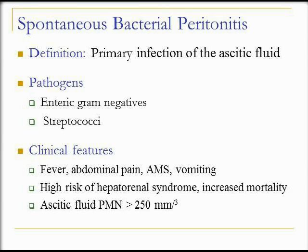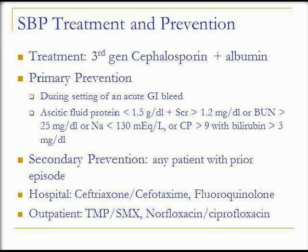The main thing to remember about SBP is it does put patients at risk for things like hepatorenal syndrome, which has very, very high mortality. And then once patients develop SBP, they've pretty much bought themselves a lifelong continuation therapy for secondary prevention, which is unfortunate. All right, so as far as treatment option goes, all the original studies for SBP were done with third-generation